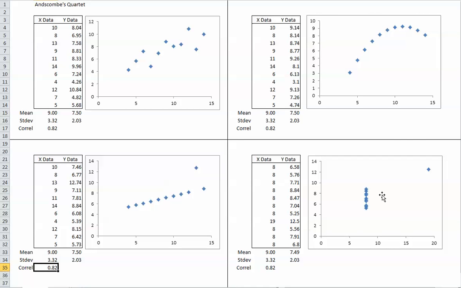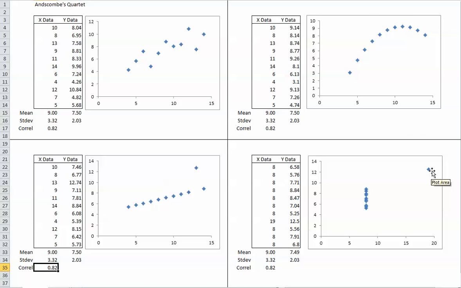And finally, last example, again, mean, standard deviation, correlation, all the same, completely different scatter plot. Here we'd be tempted to say, for example, that there might be no relationship between promotional dollars and sales, right? They don't move, except for this one point here that's an outlier, and there must be some story that goes with that point. Again, maybe it's just a data entry error, maybe it's a very different kind of store,